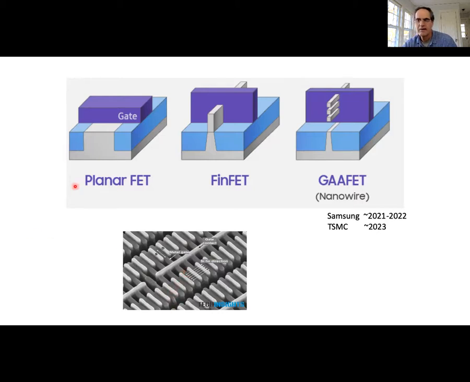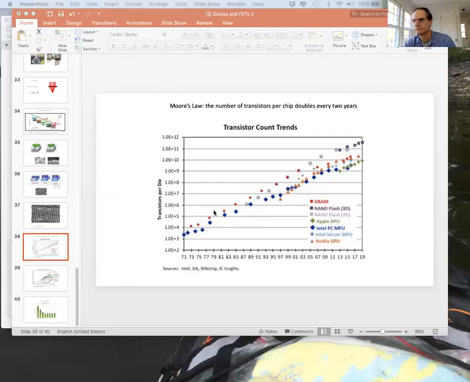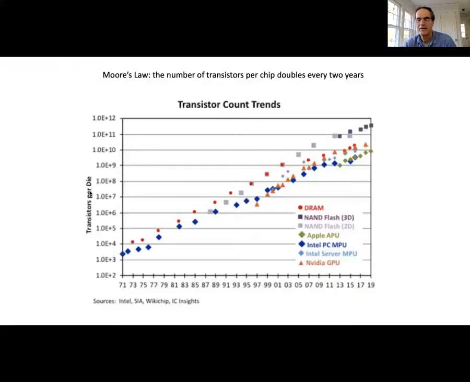In this way, Moore's law has been extended for another 20 years. Okay, well, that brings us back to this plot. So these recent advances have managed to push Moore's law further forward, but it's always an open question